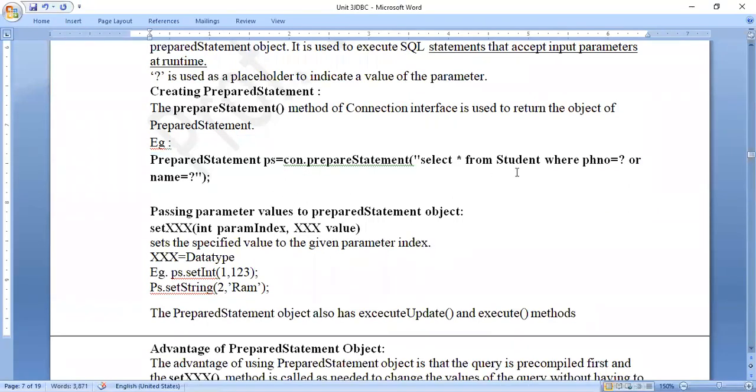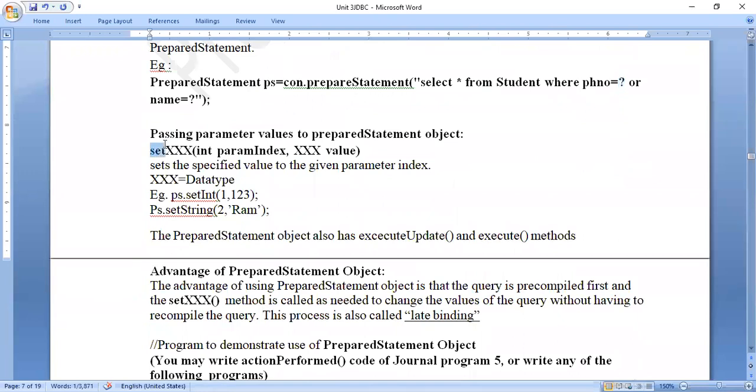Yeah. So prepared statement is normally used to execute queries whose values are going to be substituted by the user dynamically. These values are initially written as question marks. These are called parameters. Later on, the values for these parameters are passed using the set method, set along with the data type. If it is an integer value, I will use setInt. If it is a string value, I use setString. If it is a boolean value, I'll say setBoolean, etc.